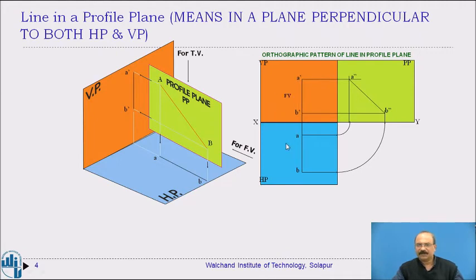This is the front view, this one is the top view, and this is a profile line as in the side view. Here you are going to observe from the left hand side, and this particular plate you are going to tilt in this way, and it is coming on the right hand side of this particular figure. So here is the left hand side view. Now you have drawn this as A double dash, B double dash. It is looking as a true length.